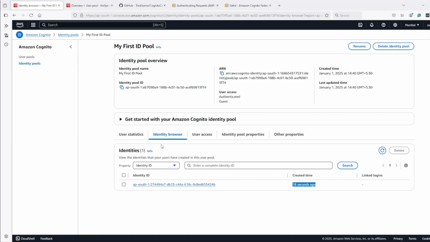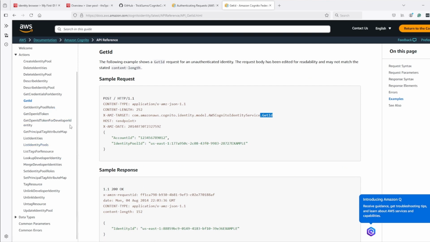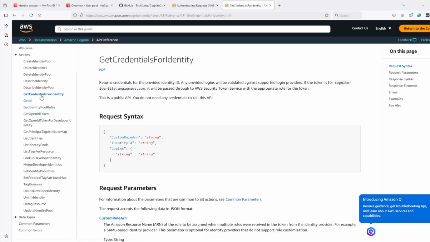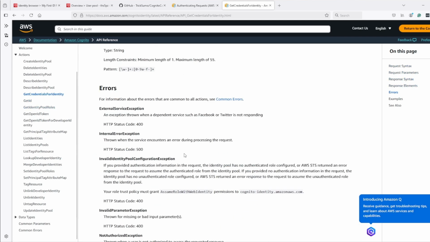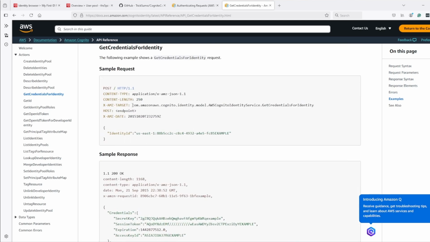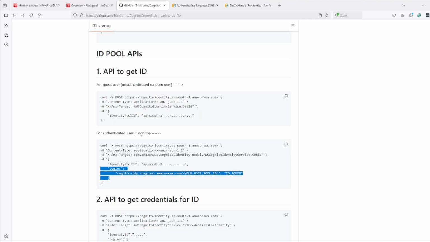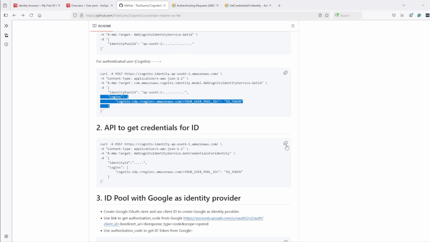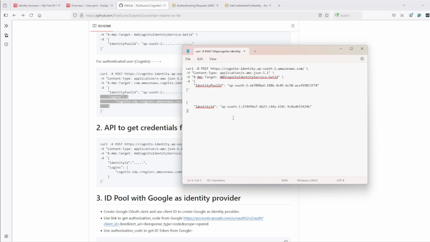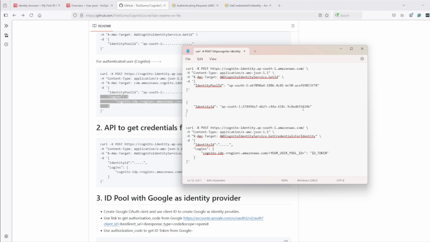Now to issue credentials for this identity, we need to use GetCredentialsForIdentity. Here we have to use this header, GetCredentialsForIdentity, and we have to pass the identity ID. So here we have this curl command. I will copy it, and let's modify. This is correct, this is correct. Identity ID, so this is the identity which just got created,